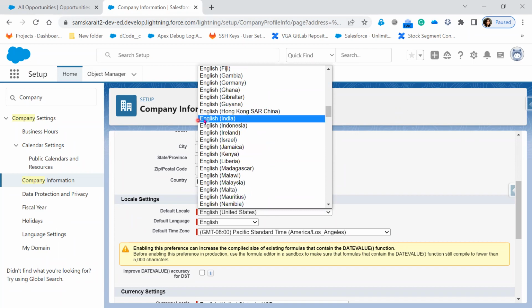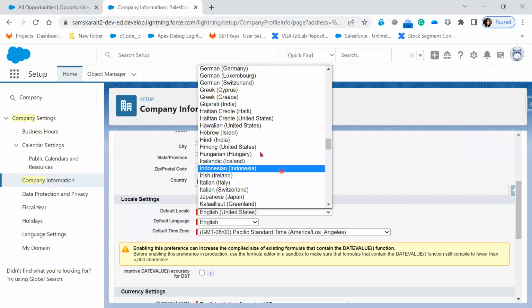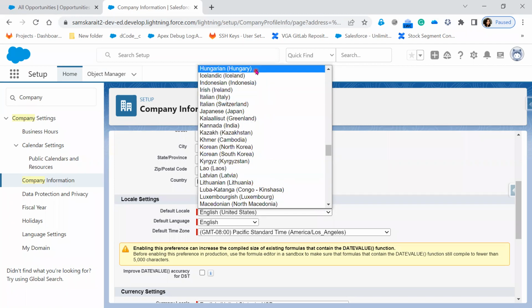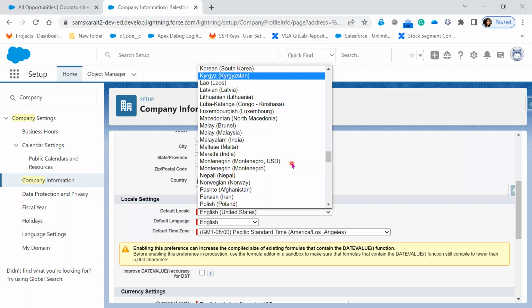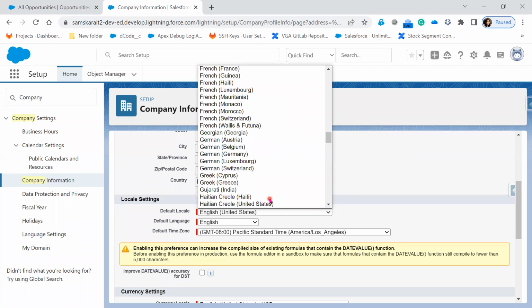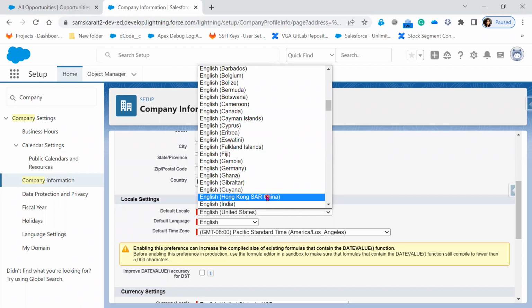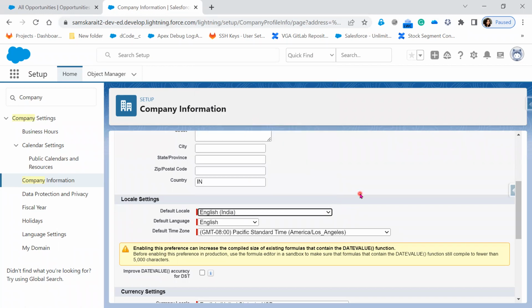Okay. Here you see English India, and there is another one which says Hindi India. And like this, India will be there: English India, Hindi India, and Kannada India. So like this, we have Marathi India, Malayalam India, whatever languages we have, because we have different languages on our side. So whichever format you want, you can select it. Right now I'm going with English India. So if I click on save,